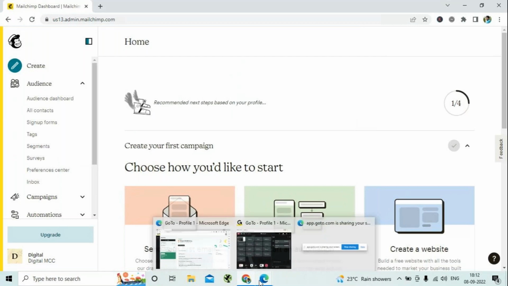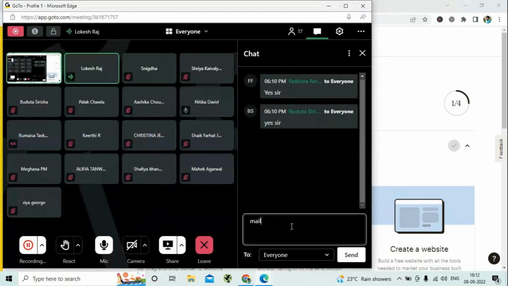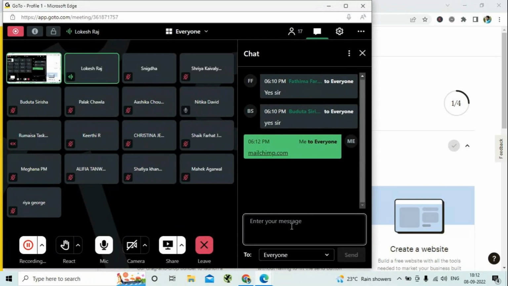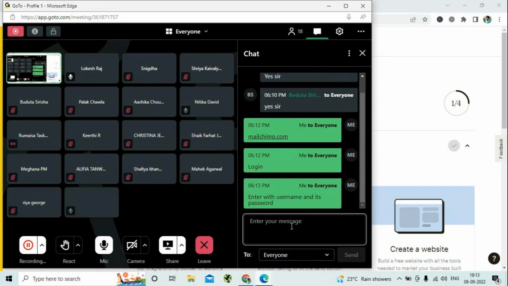So if you want, I'll just put the MailChimp website address, in case you have made a mistake with the characters. So MailChimp.com, then login, enter with your username and its password. In the MailChimp,